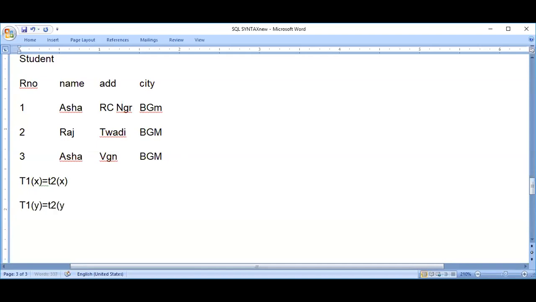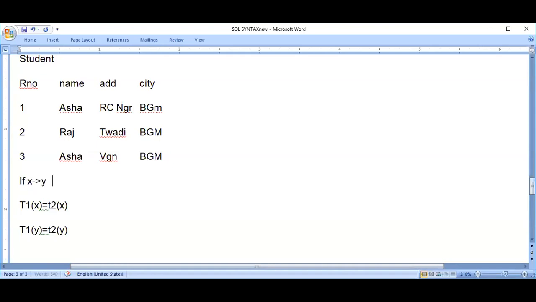This is how in the textbook they have given the definition of functional dependency. And they say x is a value which functionally determines y.